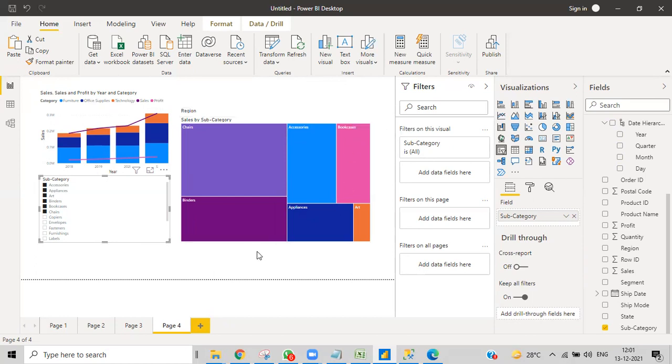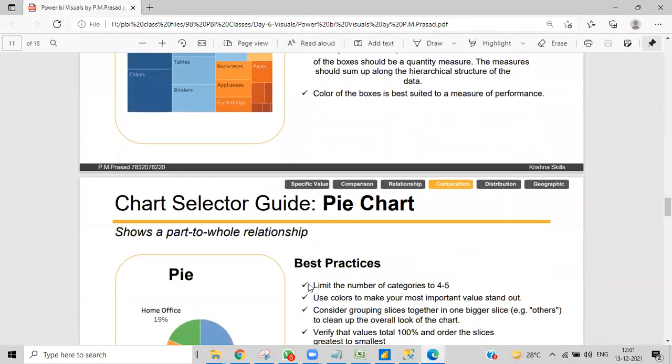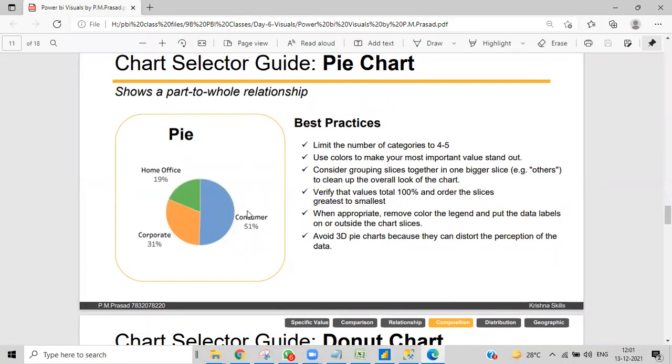We use these visuals to get our output. Coming to this, it is a pie chart. It's also part of whole. We'll use it to see how much percentage, usually when we look at budgets: what is the incoming, and how much we spend for health this year, for education, for employment, and for roads or constructions from this budget.